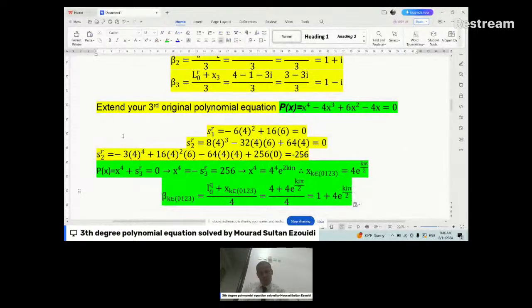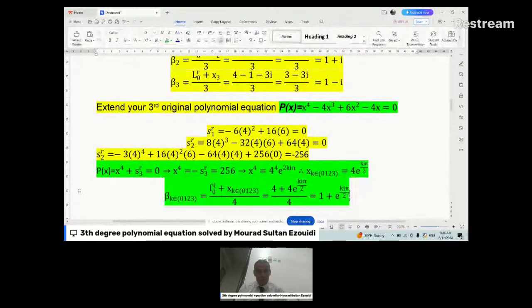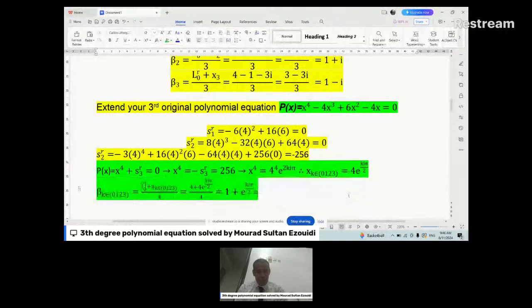So L0, this is 4 divided by 4. Now, if you would like, you can write this as, now I'm going to write the roots. It will be 2,